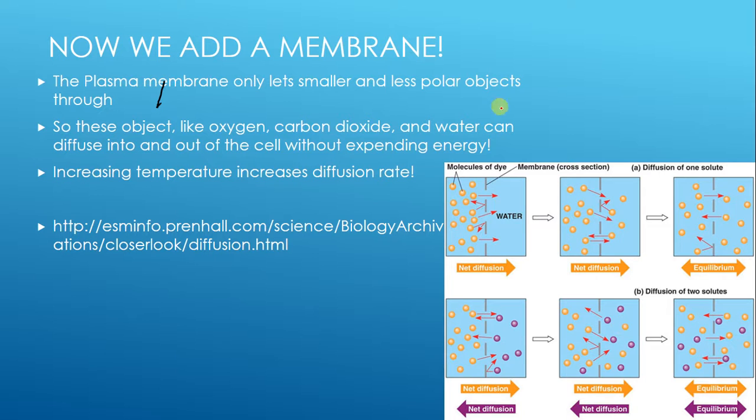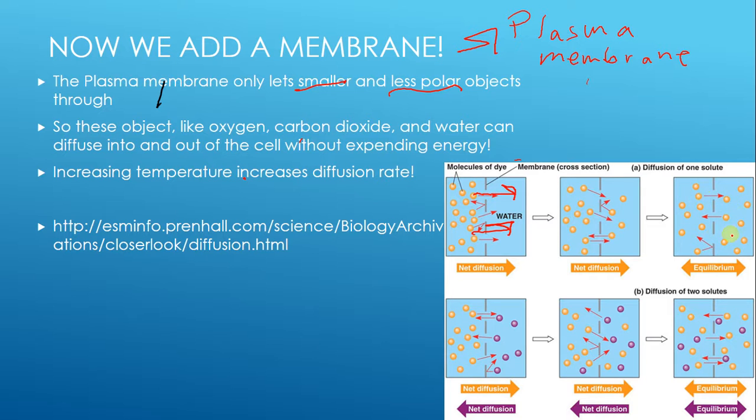But in cells, we have a membrane. In cells, we have our plasma membrane. How does that affect diffusion? Well, small particles like oxygen, like carbon dioxide, and less polar molecules, non-polar molecules, can easily diffuse through the plasma membrane. So if you're breathing in, you're getting oxygen through your blood system, it's going to diffuse from your bloodstream into the cells because it's very concentrated in your bloodstream, not so concentrated in the cell. It'll naturally diffuse where there's fewer collisions inside of the cell